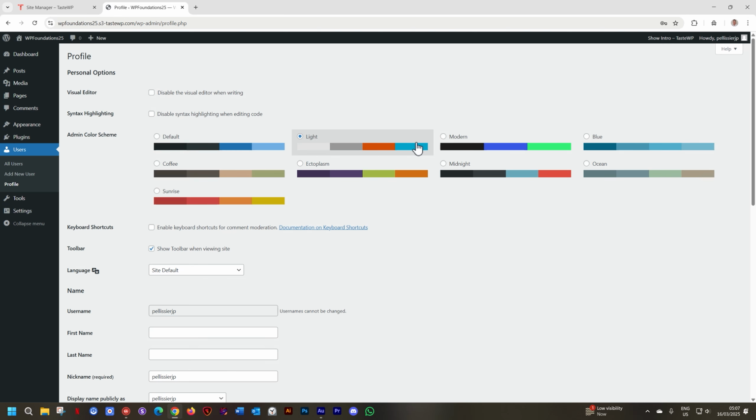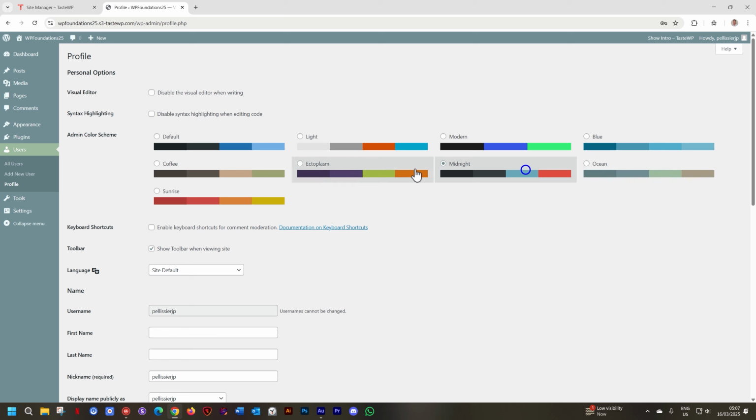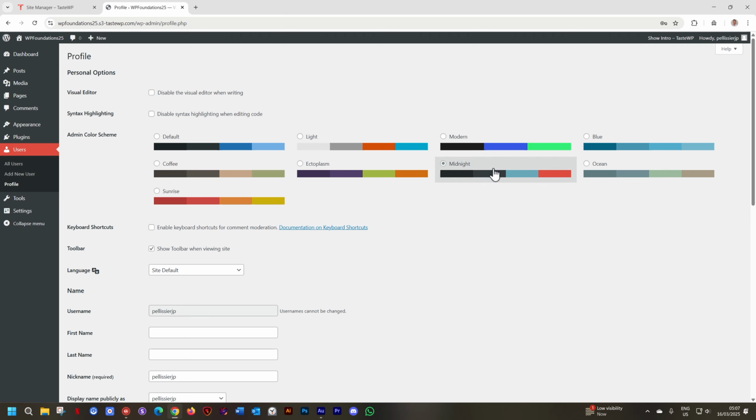And as I click on any of these, you can actually see how the theme updates. And it could be that you look at one of them and say, I actually prefer one of these instead, I want to work with that. I often like this one, Midnight. But we're going to stick to default because choosing how your theme looks in the background really means nothing. It's about how your website looks on the front end.